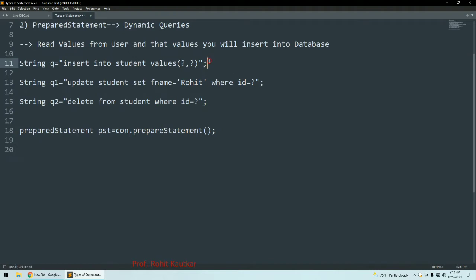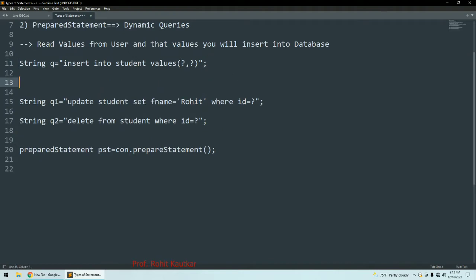Suppose in student table, this is our table student, and there are two fields, fname and lname. Now assume that fname is varchar, means it is string, and lname is also varchar. Both of these fields are storing string kind of value.